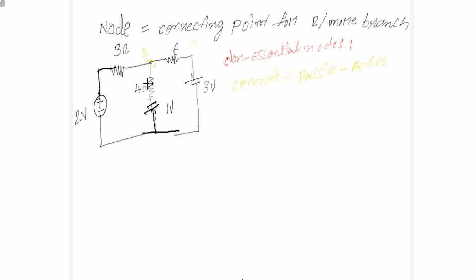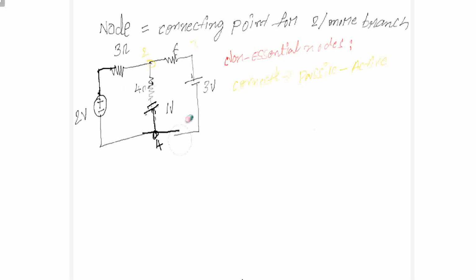So what will be the voltage? This is your node. Here you have only 2 nodes: this is your second node and your fourth node, and nodes 1, 3 and 5 are eliminated. Then what will be the voltage? Can you tell what will be the voltage at this point, at node 2?